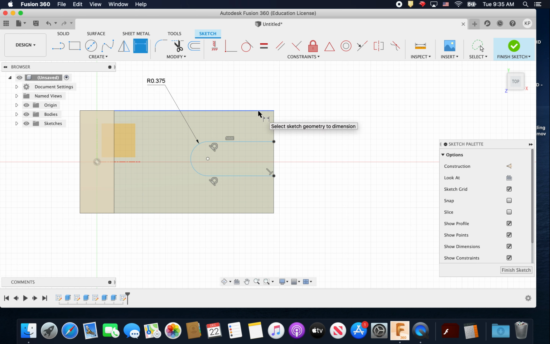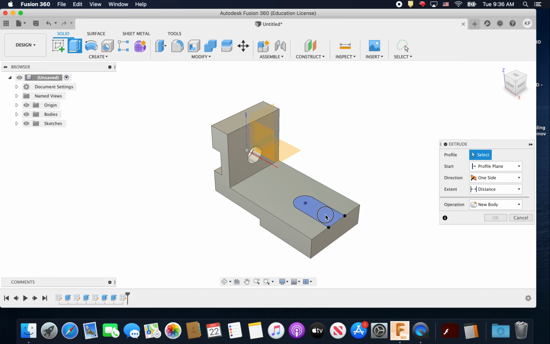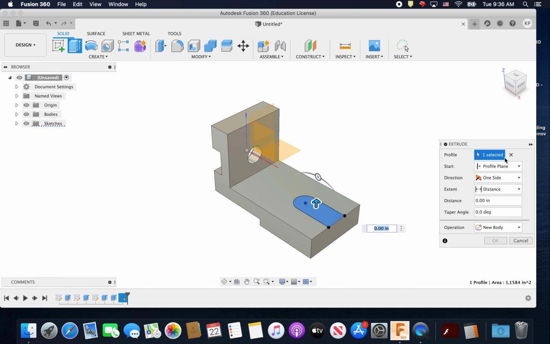So we have a total of 2.25. This is 3/4. So that actually leaves us with 0.75 on either side. So we'll have 3/4, 3/4, and 3/4. And to get this back into dimension where it should be, we're going to put this at 1.25. Enter. We'll go directly to extrude by hitting the E key, select the profile, and we want to cut